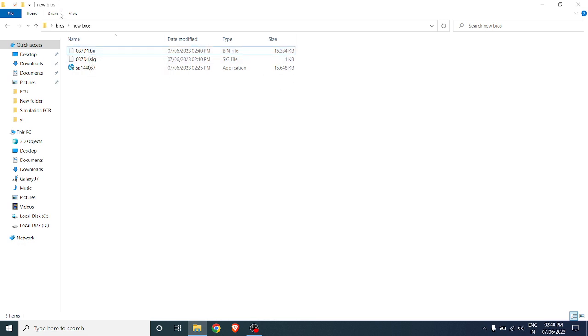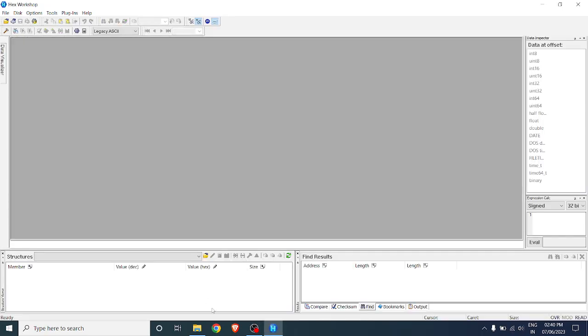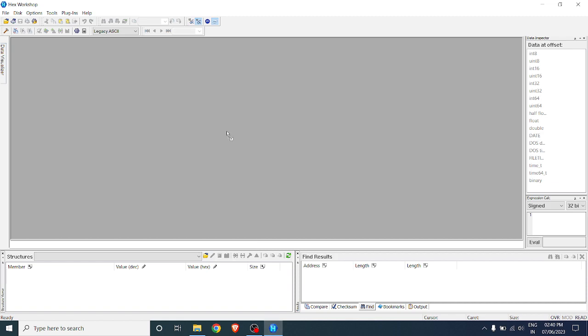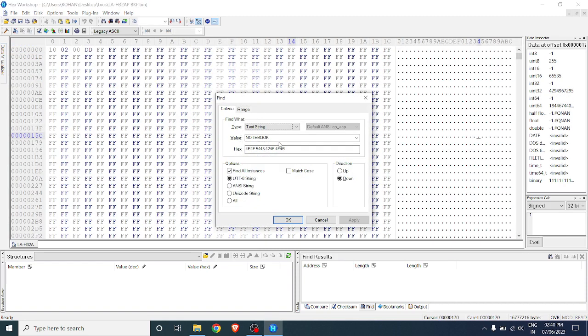For that, let me first open Hex Workshop. Drag and open your backup bin into Hex Workshop, press Control F, set the type to text string and search for BID.